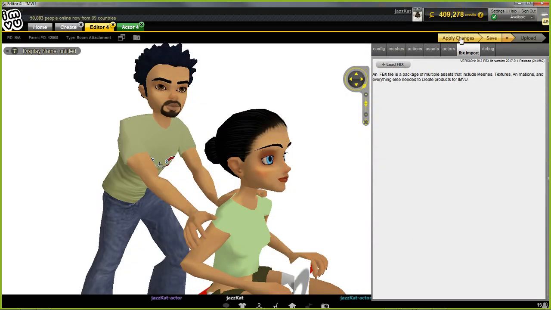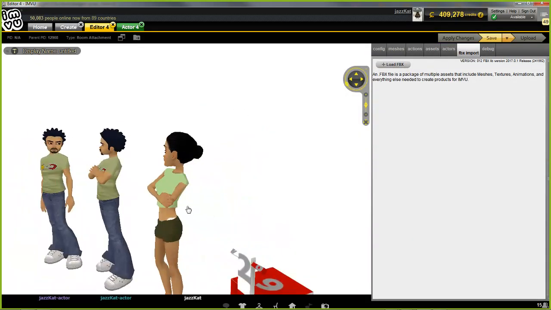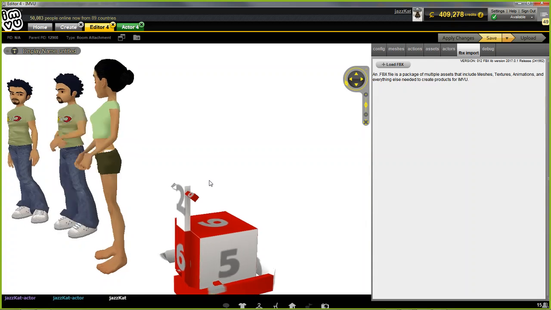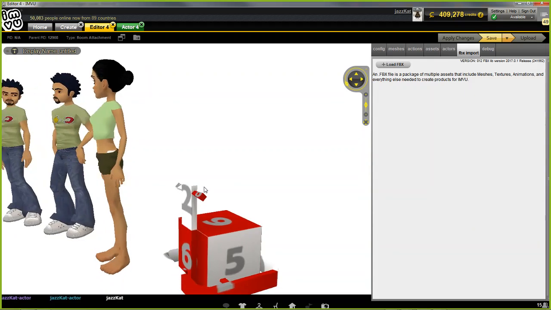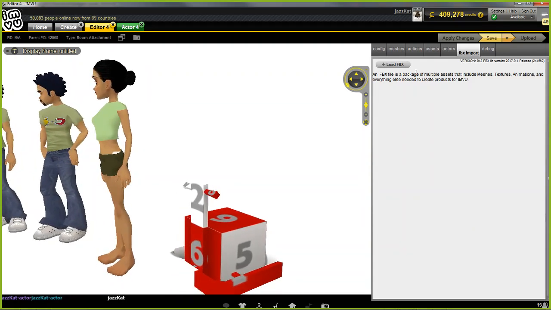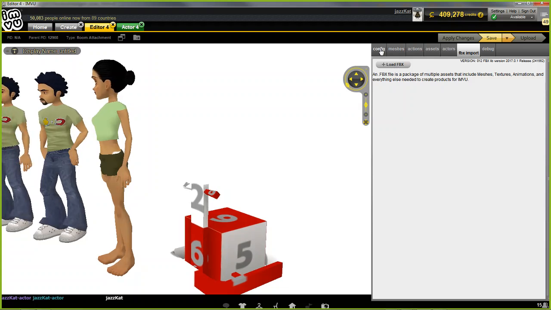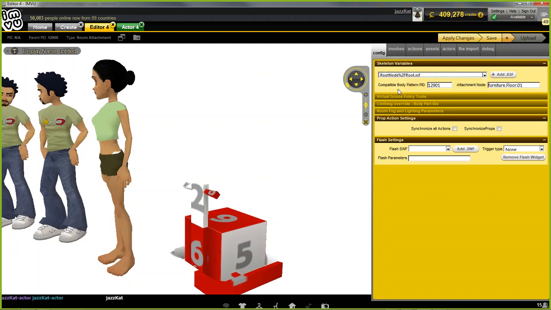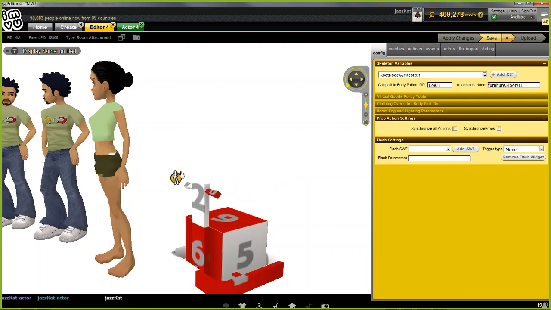OK, apply changes, and that should, oh, we have to reset, because every time you re-import a source file, an FBX file, and it includes a skeleton, IMVU automatically uses the new skeleton of the file that's just been brought in. So you always have to go back to the config tab and reset to the actual furniture file that you were originally set up as the skeleton for the furniture item. So apply that, and that gives us back our